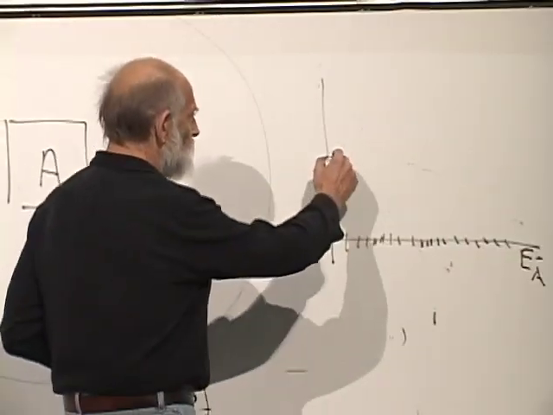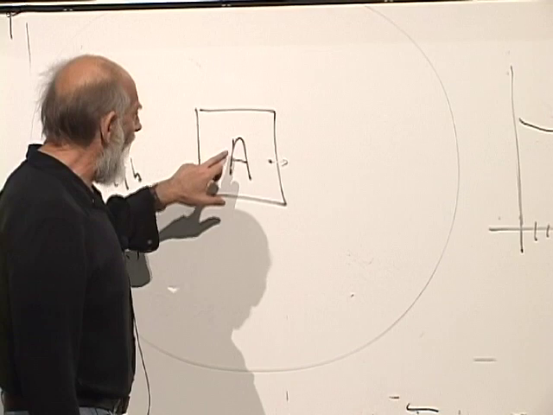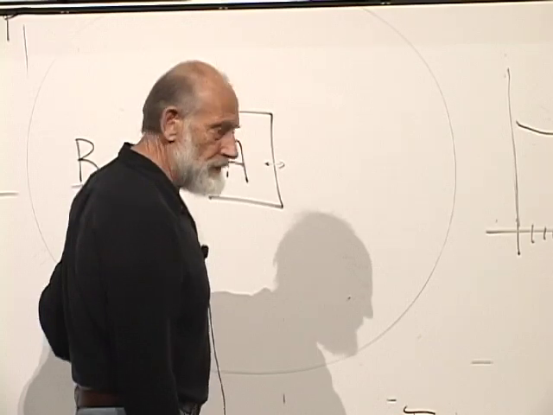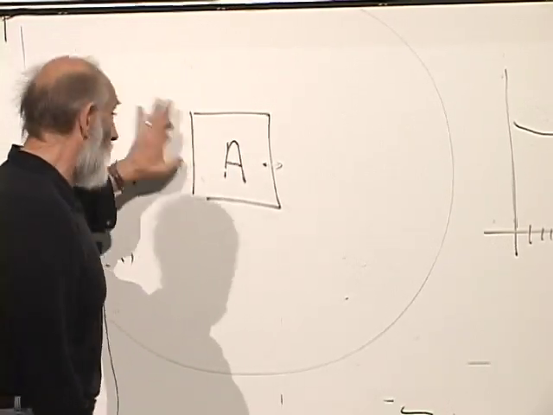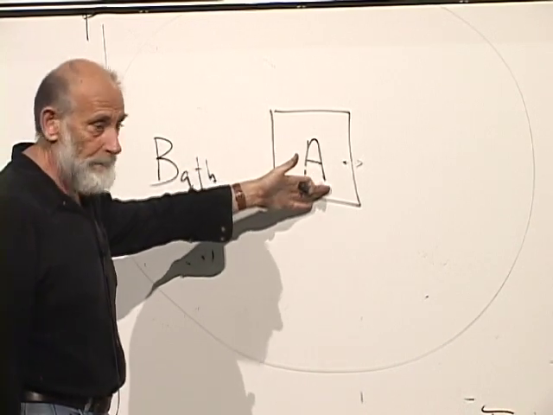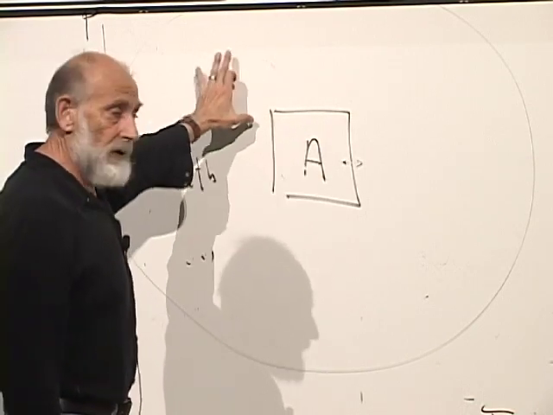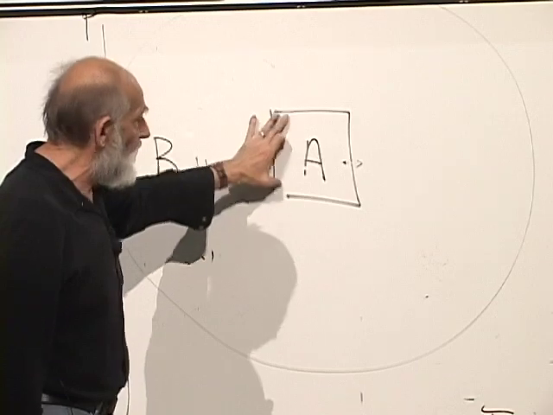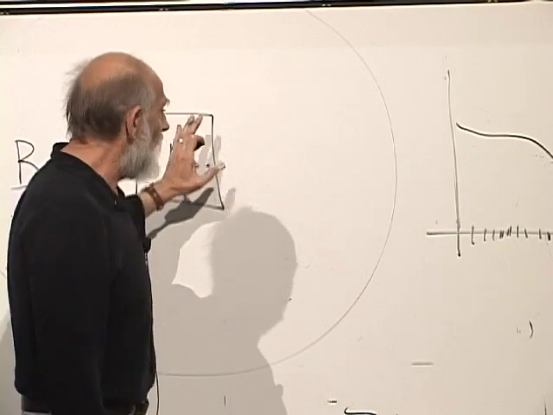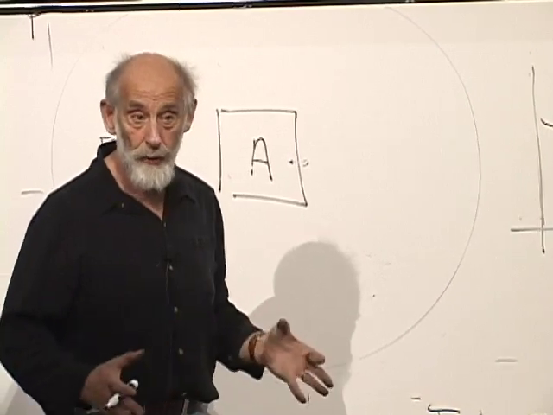But as a function of the total energy, there will be some probability distribution, and we can also think of it as a function of the average energy within A. The bigger the energy of the whole system, of course, the bigger the average energy of A is likely to be. So we can parameterize the nature of the system by the average energy in A or by the total energy. If we know one, we know the other. If we know the total energy, in principle, we should know how to calculate the average energy of A. We'll learn how to do that.